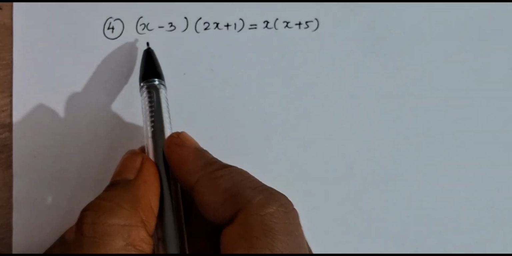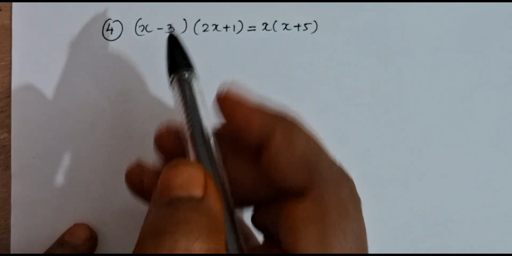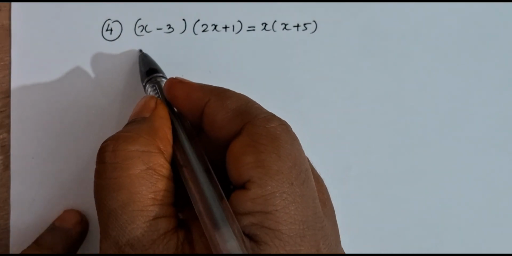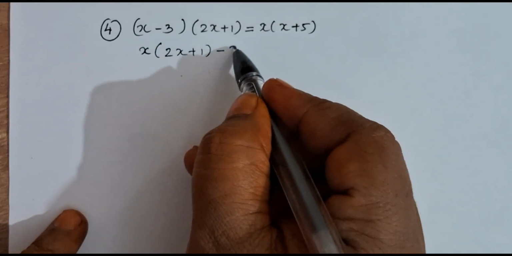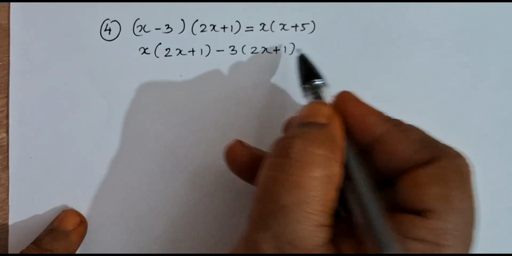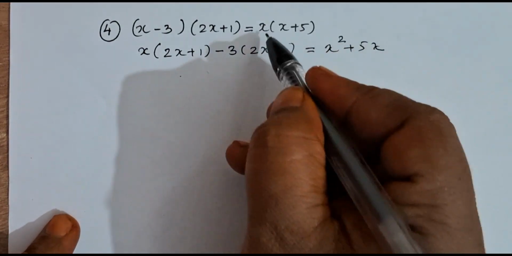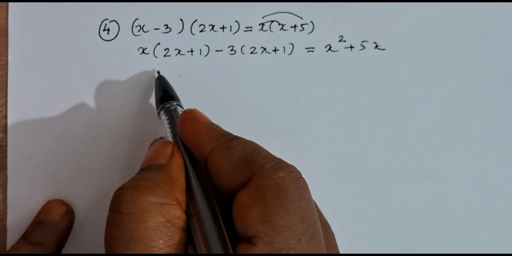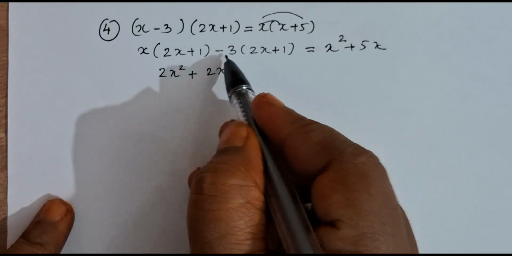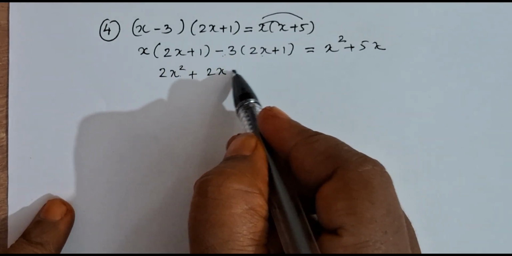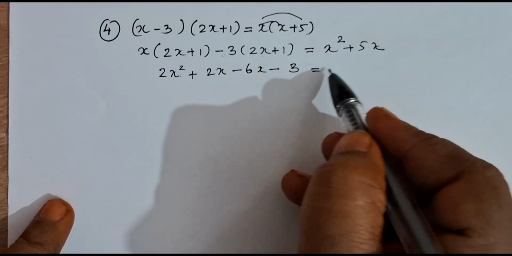Now let's see the fourth question, which states that x minus 3 into 2x plus 1 is equal to x into x plus 5. So now we'll be using distributive property where we will multiply x with 2x plus 1 and minus 3 with 2x plus 1 equals x square plus 5x. So now we will multiply. x into 2x is 2x square and x into 1 is x. Minus 3 into 2x is minus 6x. Minus 3 into 1 is minus 3 equals x square plus 5x,